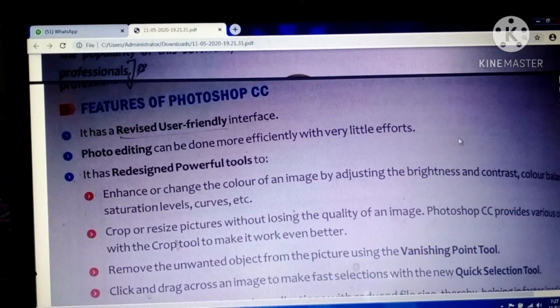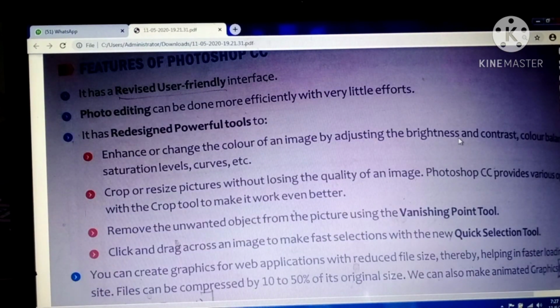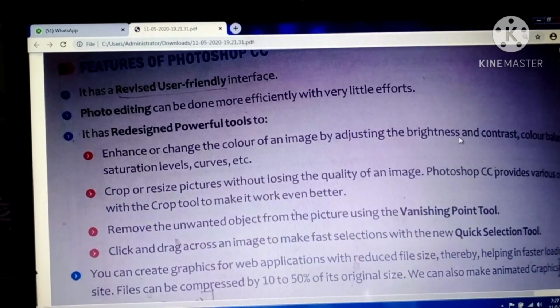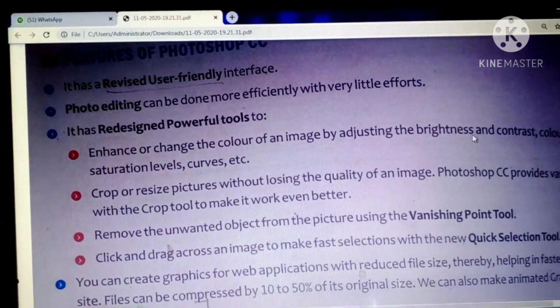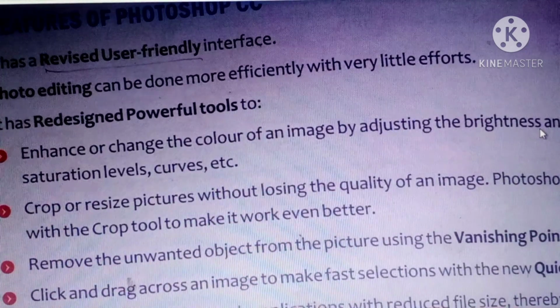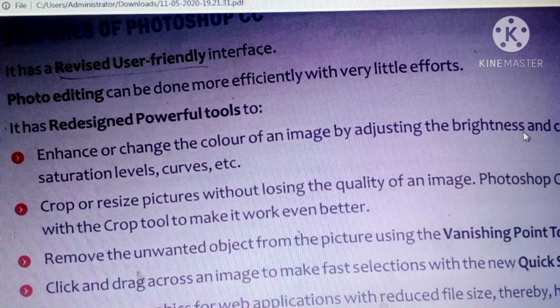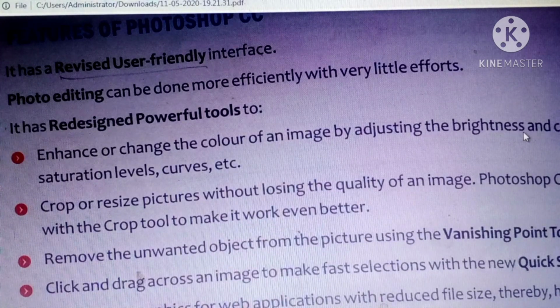The first feature of Photoshop is that it has a user-friendly interface. User-friendly means it is very easy to use, and you can easily become familiar with the features and the tools of this software.